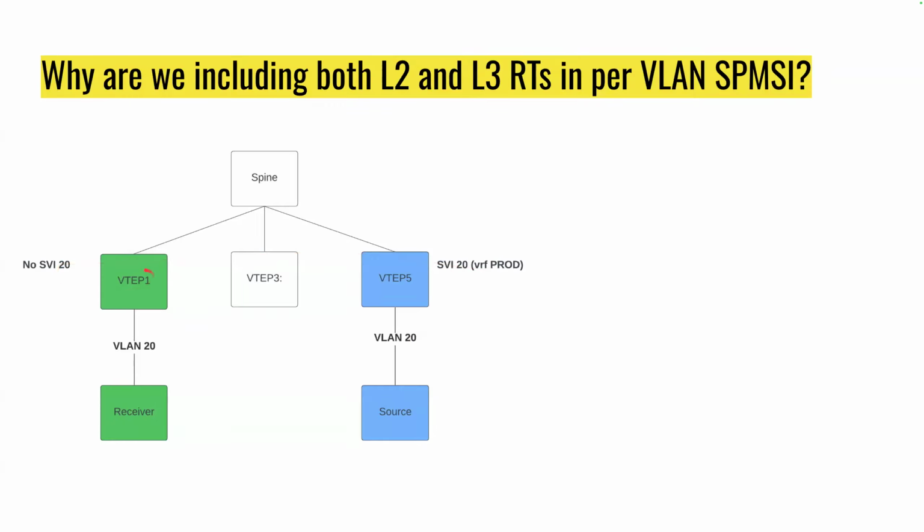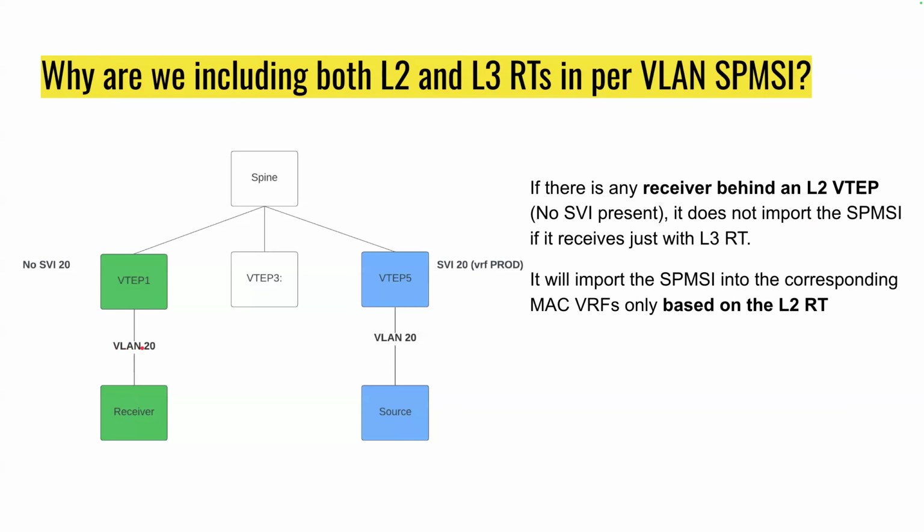So in this case, let's say the sender is coming online behind VTEP 1, right? It should join the available underlay groups, right? Sorry, who is the sender? Is it the one on the right side or on the left side? This is the source. Okay, that is the sender. Now this receiver is coming online behind VTEP 1 in VLAN 20, which is just an L2,